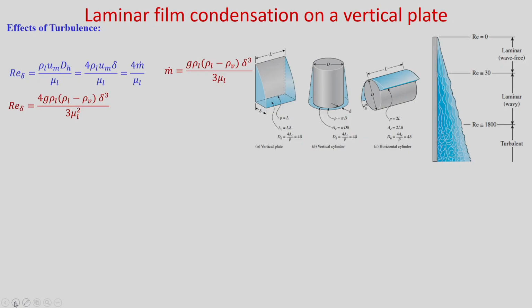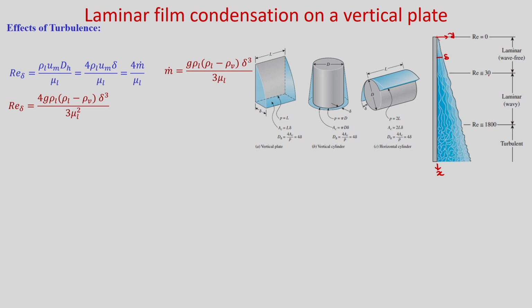Okay. So, if you consider again the vertical plate and you see how the condensation is taking place, at x equal to 0 you have film thickness 0, and gradually in the x direction it will fall, and the perpendicular direction is y and delta is the film thickness. So, film thickness will gradually increase along the downward direction. It is seen that up to Reynolds number 30.